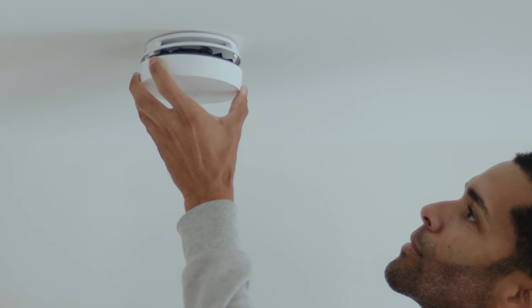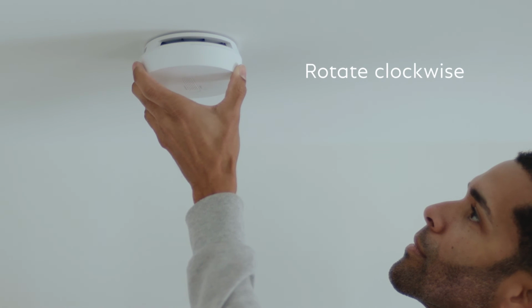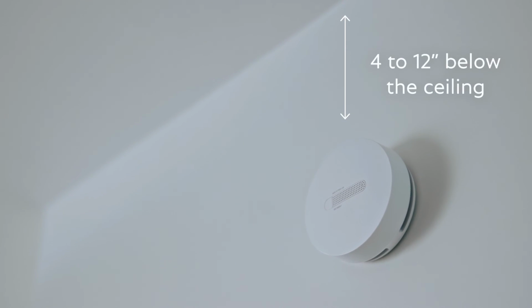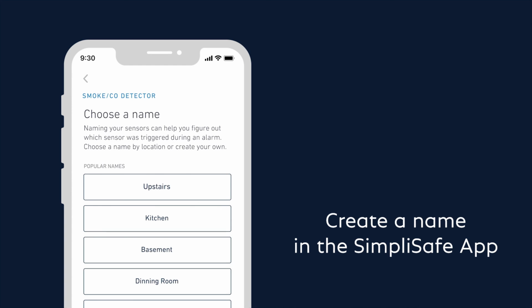Next, snap the detector into the mounting bracket by rotating clockwise. If you're mounting the detector on a wall, choose a spot 4 to 12 inches below the ceiling and follow the previous instructions. Now that the detector is in place, return to the SimpliSafe app to create a name for